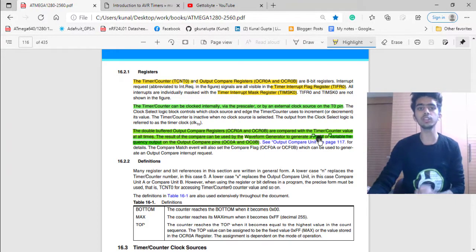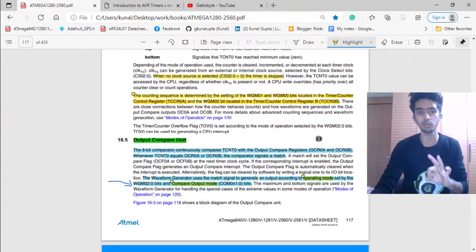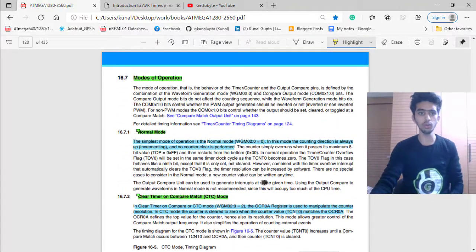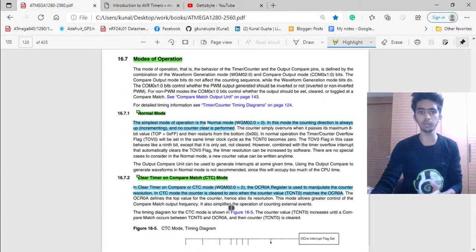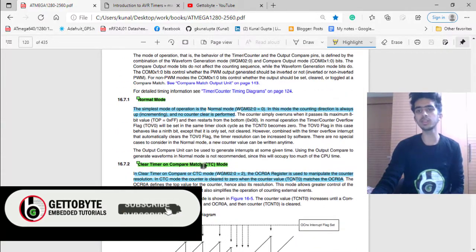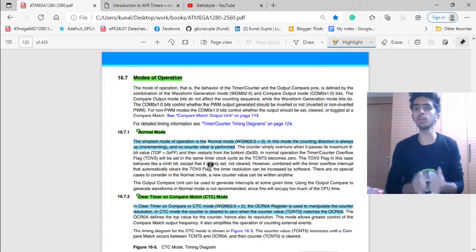Now these are the modes of timers. We can use timers in 3 modes basically. Those modes are normal mode, clear timer on compare match mode, and the fast PWM mode. Now what basically are these? You just understand this thing that, as I have told, timers are just a register which counts from 0